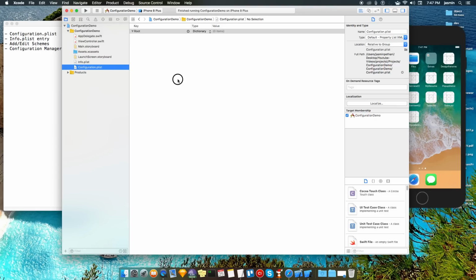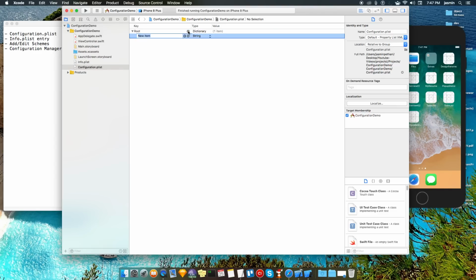After that, with the same names we will create two dictionaries inside the root. First name is development and second name is production. So things related to development go inside development and things related to production go inside production, but the keys will be the same.